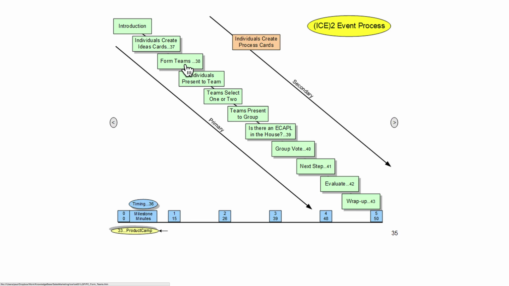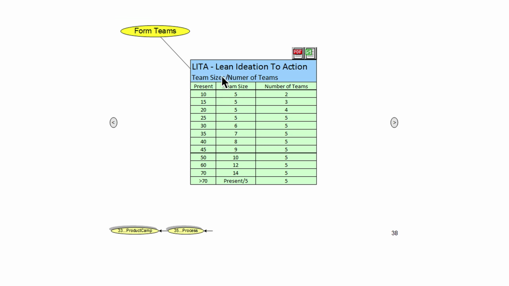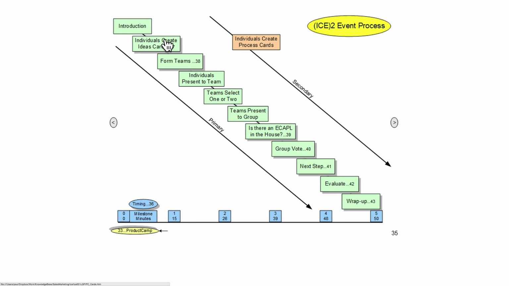After we've created the ideas, we will be forming teams, and that'll depend on how many people are present. If we have 10 people there, we'll have a team size of 5 and 2 teams, if that's the way it plays out. The individuals that created these cards will then present their ideas to the team. The teams will select 1 or 2 of the ideas to move forward. These teams will then present to the group, and then we'll go through a step called, is there an ECAPL